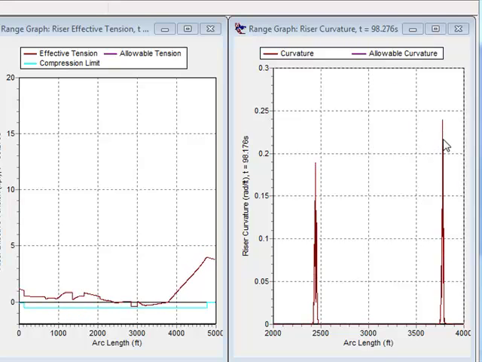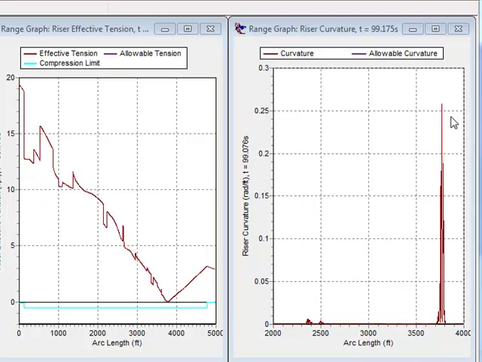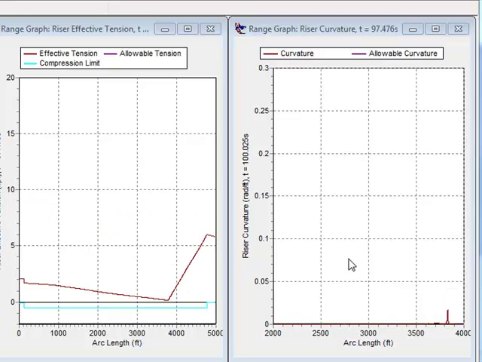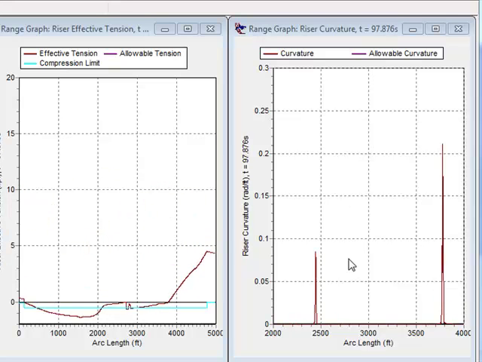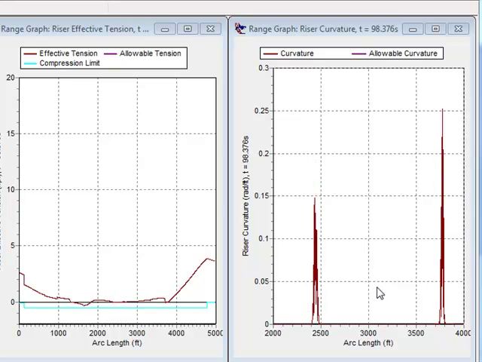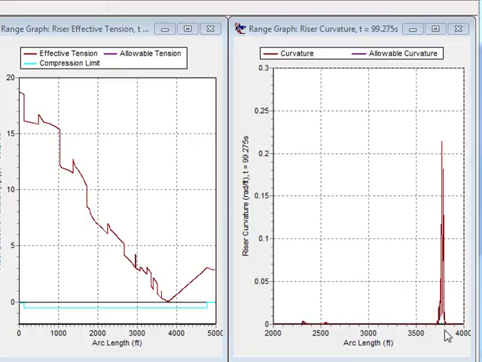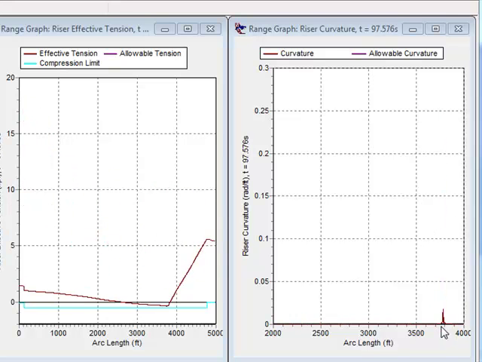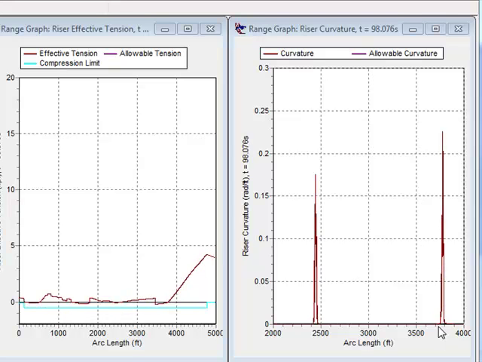We're seeing a peak curvature of about 0.26. The reciprocal of that is the bend radius, which gets as short as the reciprocal of 0.26, which is 3.8 feet. And this location is where the bare riser meets the floated section,